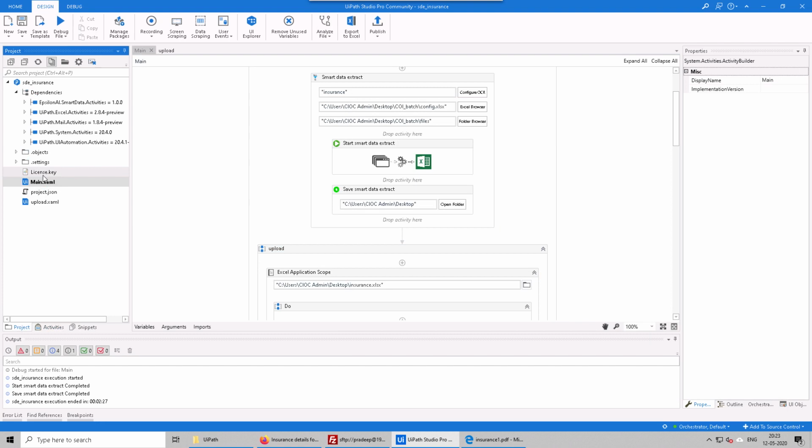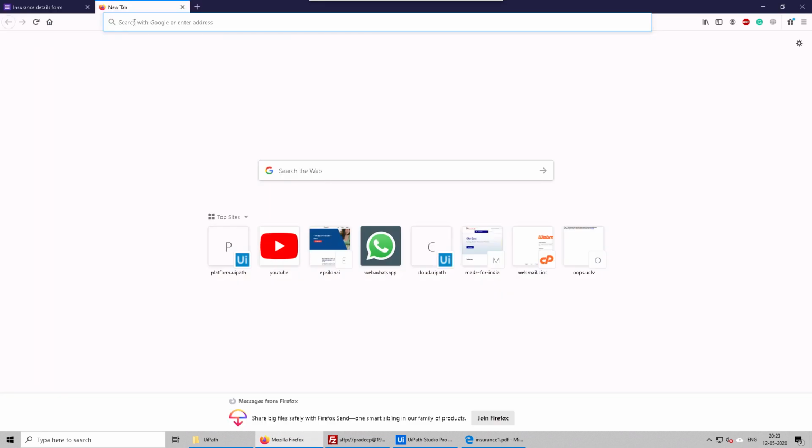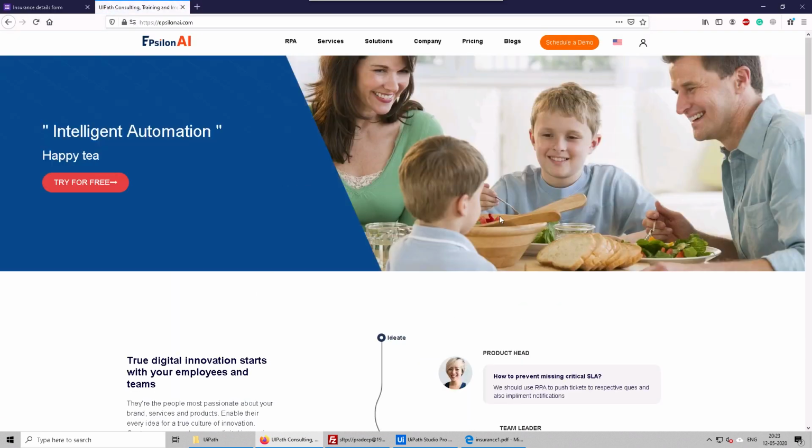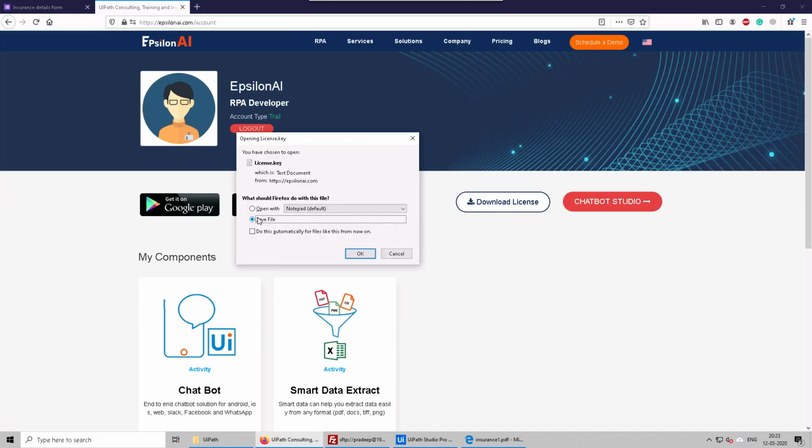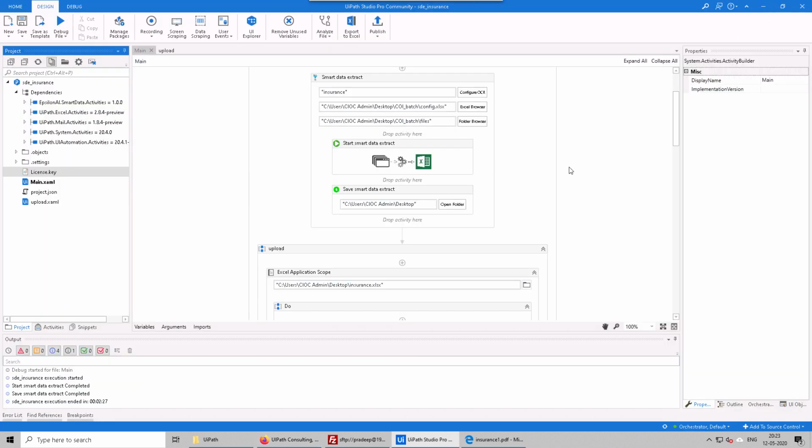Yeah, so you will see there is a license.key file in this project. So that you can get by going and signing up on epsilonai.com. So once you have registered, and then if you go to the accounts page, you will find the download license file here. So it's a simple file. You just keep this file in the folder that contains the process file, and it will run smoothly.